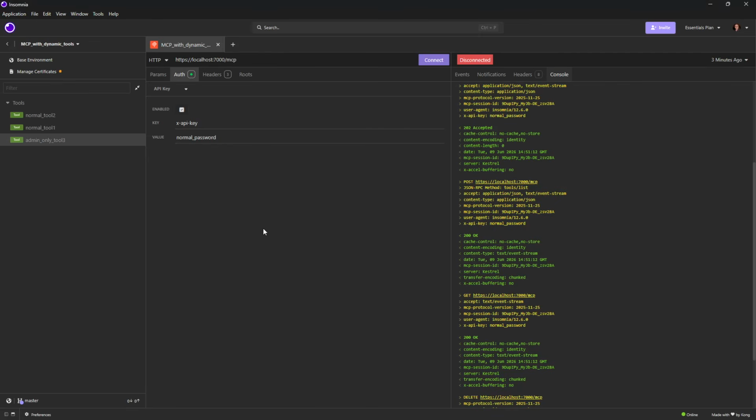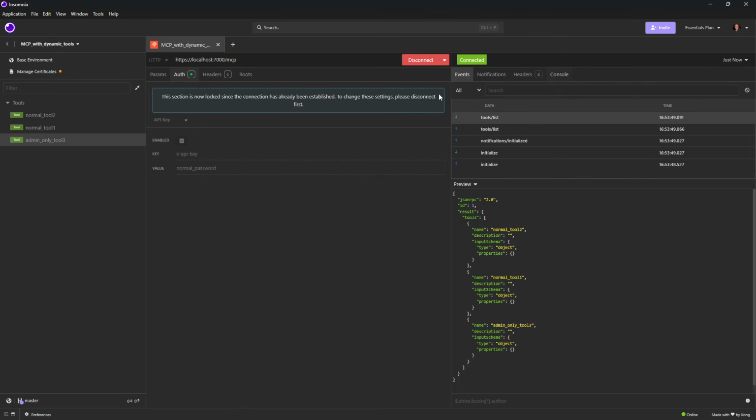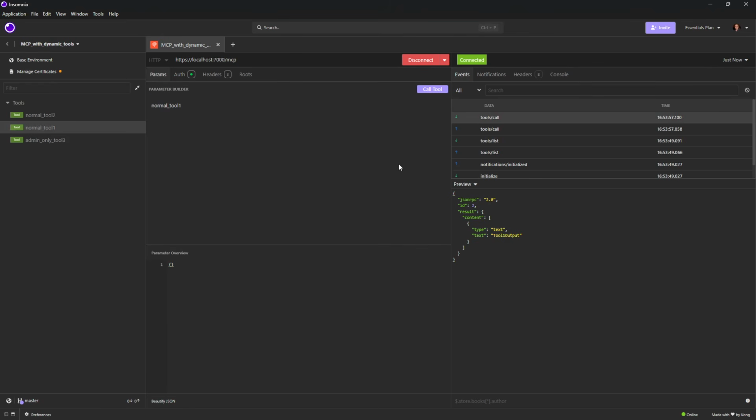So if I connect to this, for example, via Insomnia, and do the connection, we can see that we get three tools back. So I can call all three tools. When I call tool 1, I get a tool 1 output, tool 2 gives a tool 2 output, and admin tool number 3.